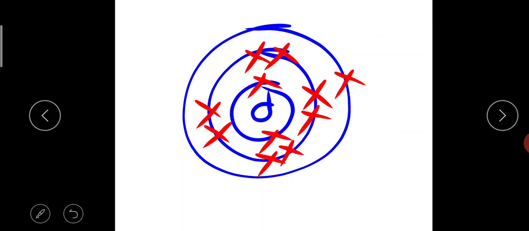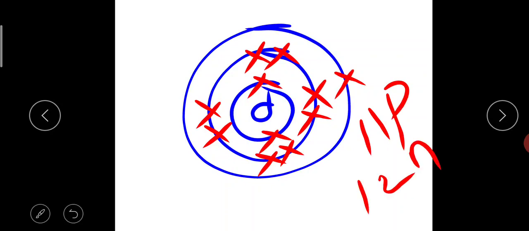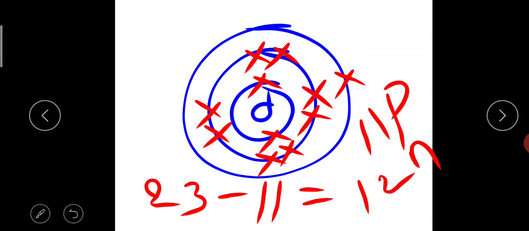So in the center how many will you write? 11 protons and 12 neutrons. Okay, 11 protons. Why 11 protons? 11 electrons. And how many neutrons? 12 neutrons. How are we getting 12? Why is it differing here? How will you find out the number of neutrons? Mass number minus atomic number. Here the mass number is 23 and the atomic number is 11. When you subtract, you will get 12 neutrons. Okay. Is it clear how to do it? Whatever atomic number I give you, will you be able to do it?